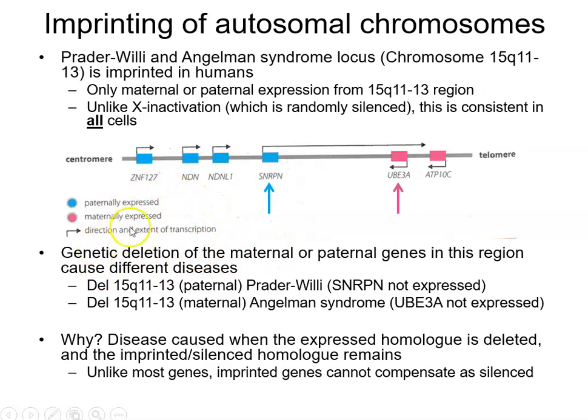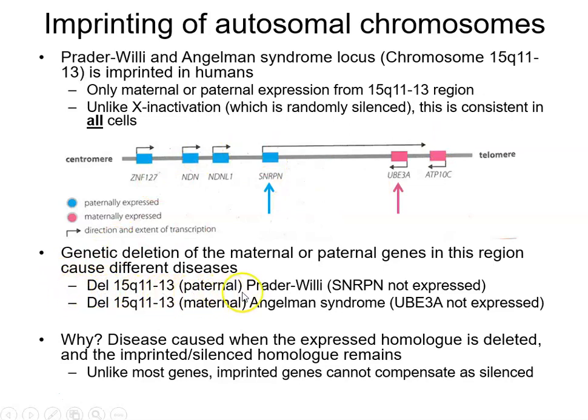The problem comes if there is a deletion of this region on either the maternal derived chromosome or the paternal derived chromosome. Now for most situations, if you lose a small region of DNA, it doesn't matter because you've got 2 copies of that DNA and the second copy will in many cases make up for the absence of DNA. So if you get a microdeletion and lose a few genes, often there is no phenotype to that. However, here there is a very severe phenotype because